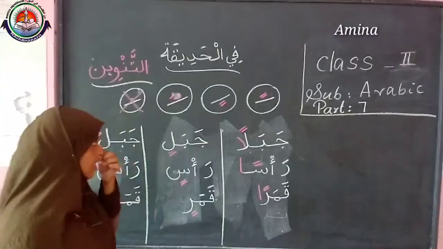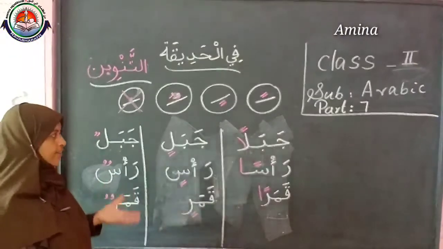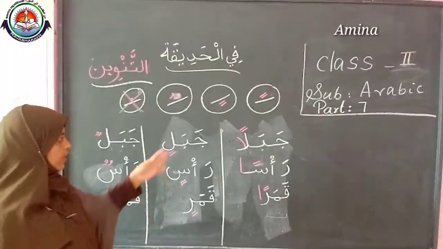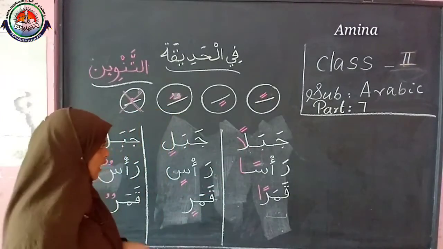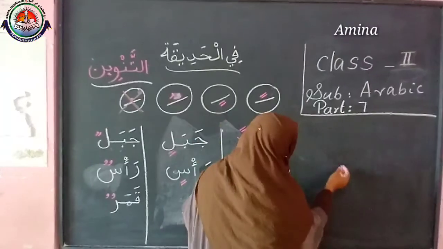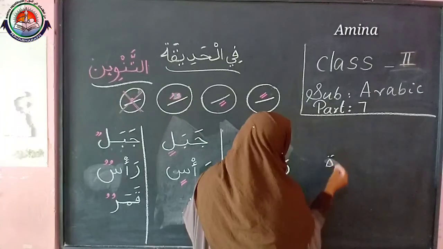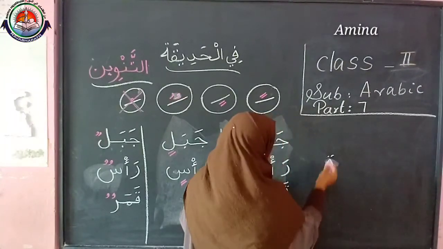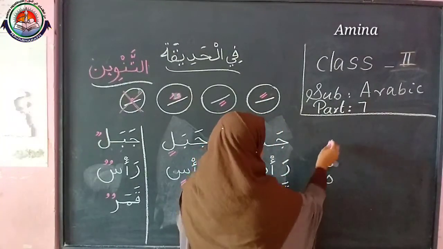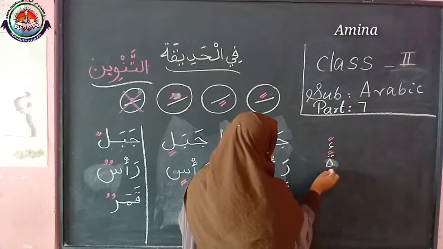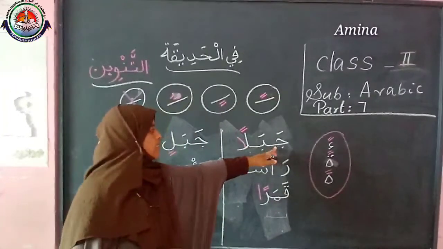Double fatha will be there. For double fatha we have to add one more alif for most of the letters. But in some cases we cannot put that. We don't want to put this alif. I will show you that example. Ta marbuta or ha or hamza. Okay, can you see this? We can put only double fatha, no need for alif. Did you understand? Okay, read it one more time.